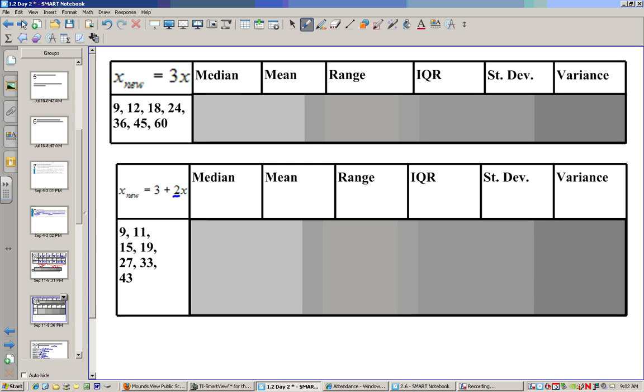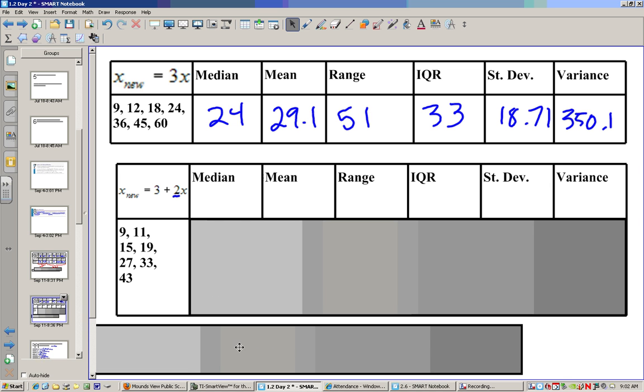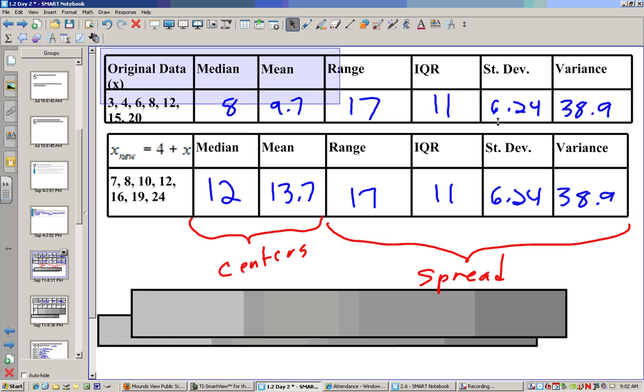All right, now take a second and multiply each of those original values by 3 and see what you get. Now, these are the answers. Now, if I took the original data set